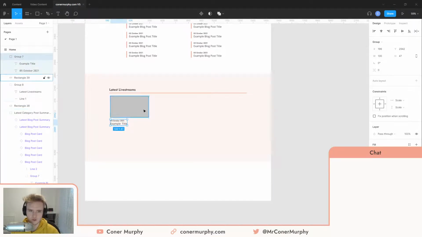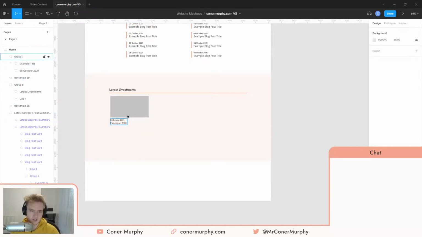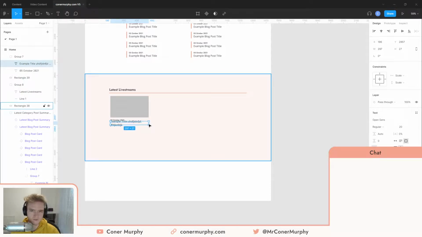That's not too, maybe shorten it down to a 10 pixel gap actually. Yeah, that's not too bad. Because obviously if this was, I don't know, and then have it wrap at that point. And then